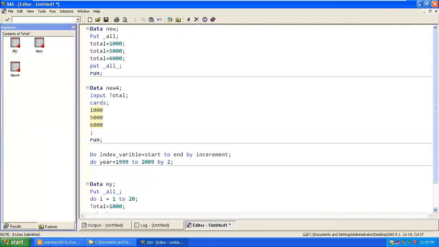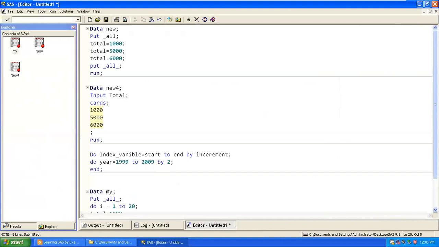So with a 2 increment, first we will get 1999, the next will be 1999 plus 2, 2001, then again add 2, 2003, then 2005, then 2007, then you'll get 2009. So the observations will come like that. Do groups always end with the block of end.